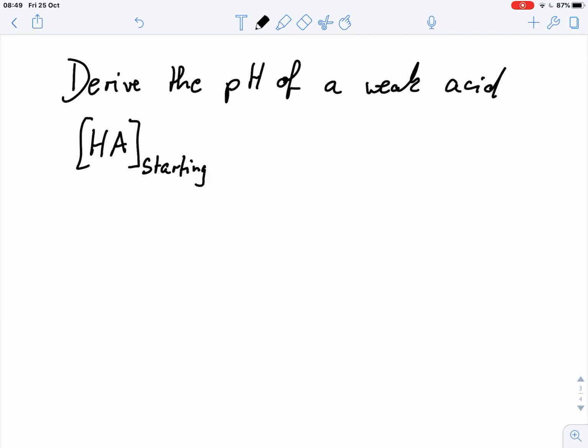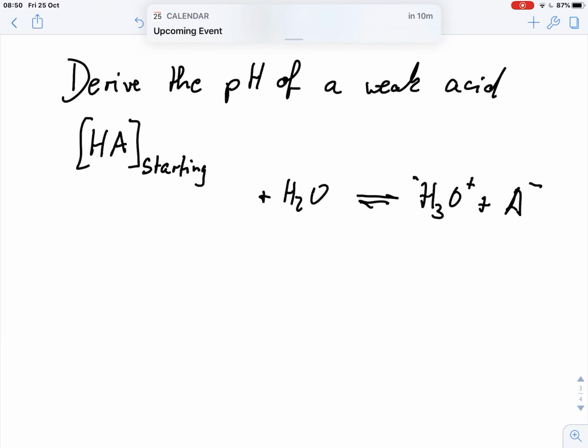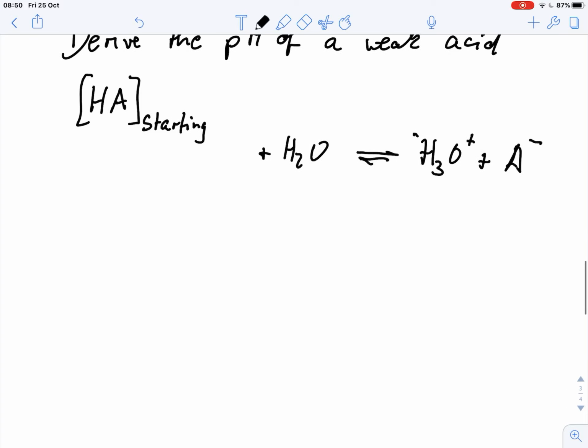If we don't have anything there, that is our starting concentration. But as soon as we add water, something will then happen. And obviously our acid will dissociate into H3O+ and A-, and A- is the conjugate base to the acid HA. So when we wait long enough, we will get our equilibrium established, and we can write the equilibrium,